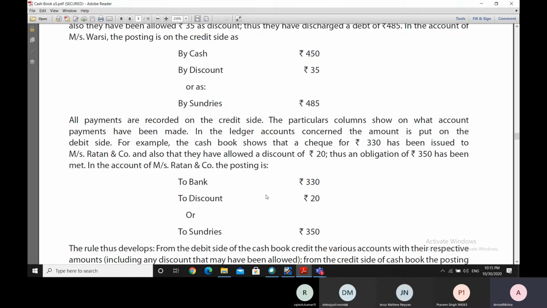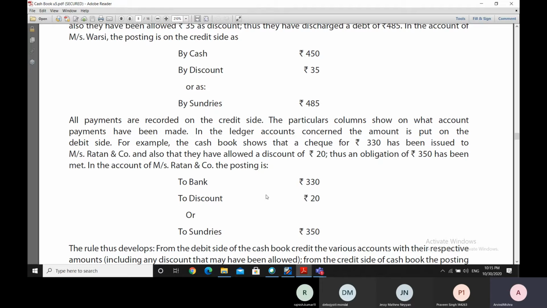So in the account of Messrs. Ratan and Company, we will be doing a posting where we will write on the debit side, to bank, 330. That means when we write to bank, we are debiting Messrs. Ratan and Company account